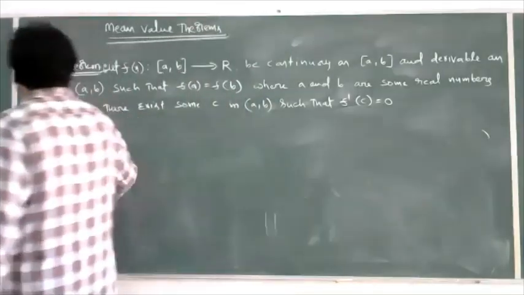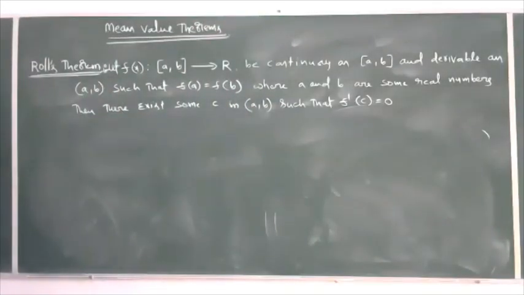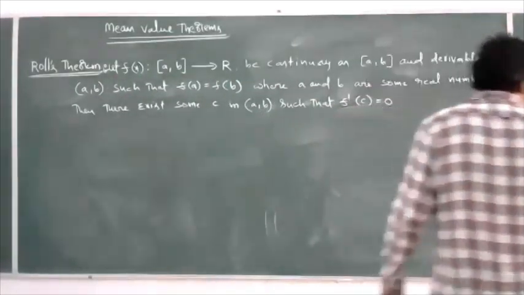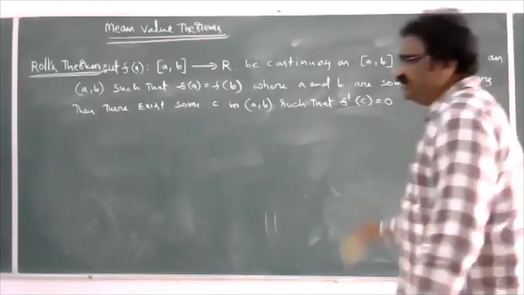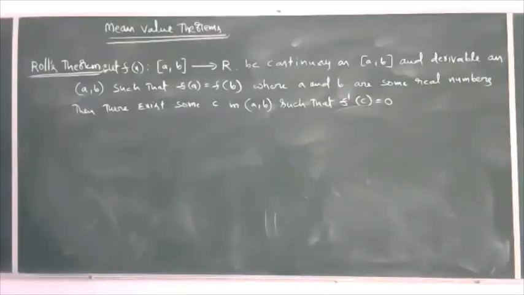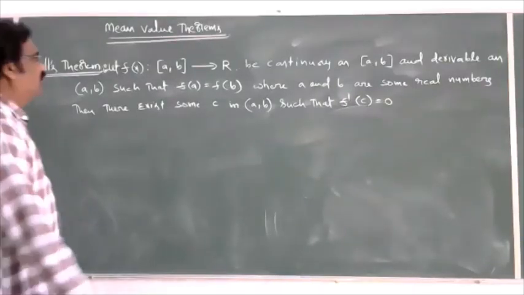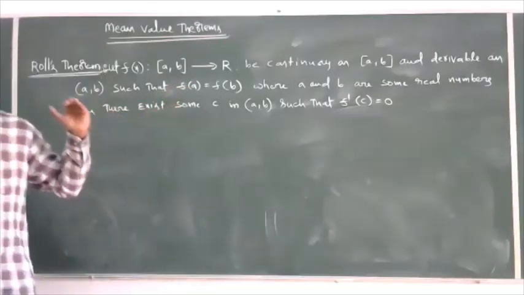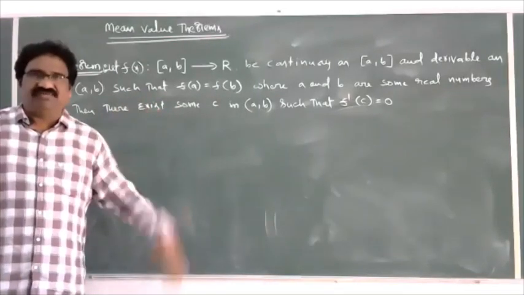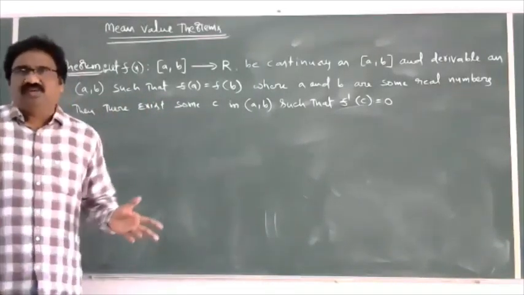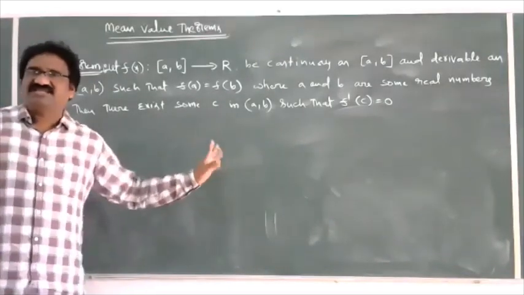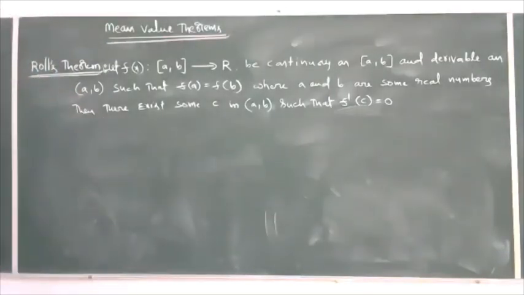This is Rolle's theorem. If a function is given, first we verify that the given function is continuous on the given closed interval, it is differentiable on the given open interval, and then verify that f of a is equal to f of b. If these three conditions are satisfied, then we say that the given function satisfies Rolle's theorem on the given interval. Then you verify what is the c which lies in the open interval a comma b such that f dash c is equal to 0. That is Rolle's theorem.